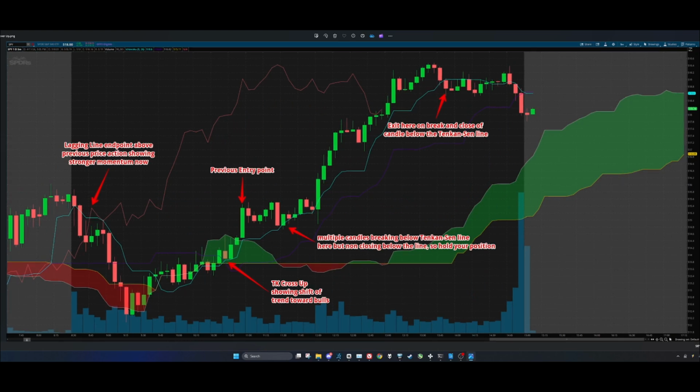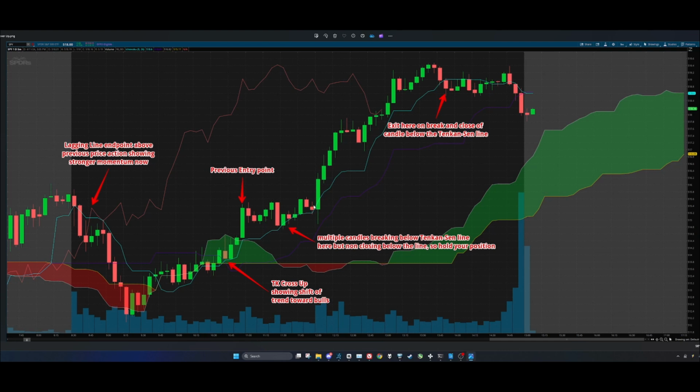So this next slide here, we can see how that played out. So your lagging line endpoint was over here when you got in for your entry point on this green candle here, and your TK crossover was over here. So all the factors lined up after a couple of candles after the TK crossover. So since the TK crossover is still in effect, you get on this candle,